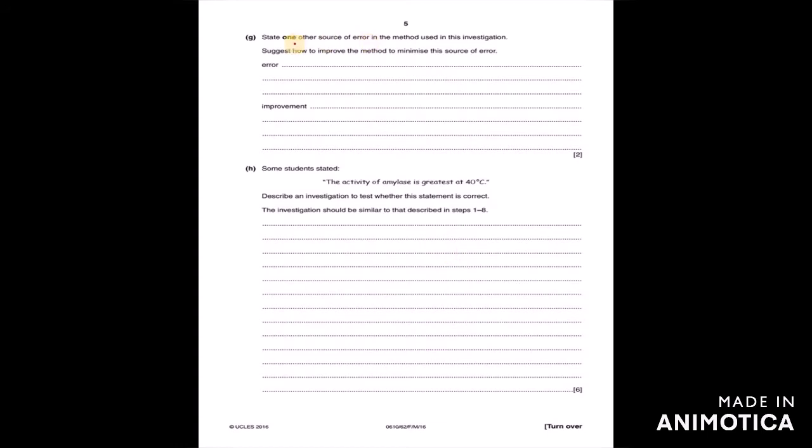The next question also asks about an error in the method and improvement. State one other source of error in the method used in this investigation. Suggest how to improve the method to minimize this source of error. Alright, now this question is for the general method and not specific to particular step. So therefore we can write any one source of error as experiment was performed only once,